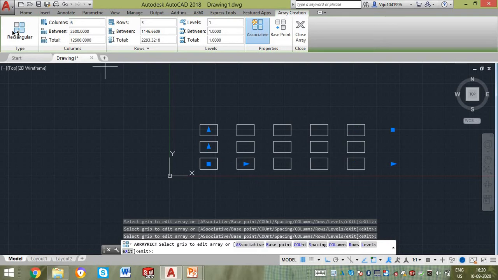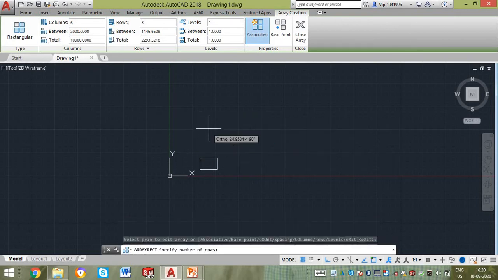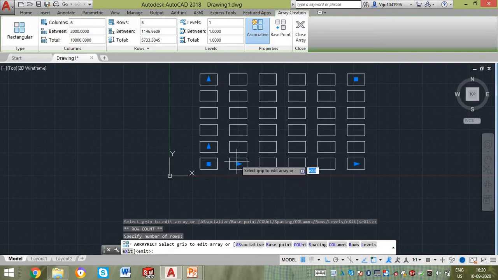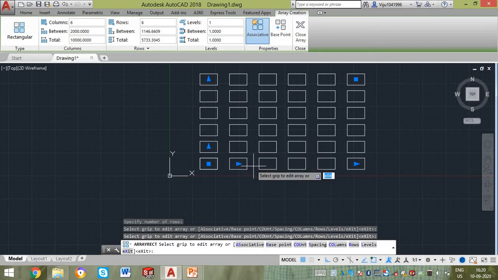You can increase or decrease rows in the sketch itself by using the blue color dot. The dot which is nearer to the original one is for distance alteration, and the far one is for increasing the rows and columns.